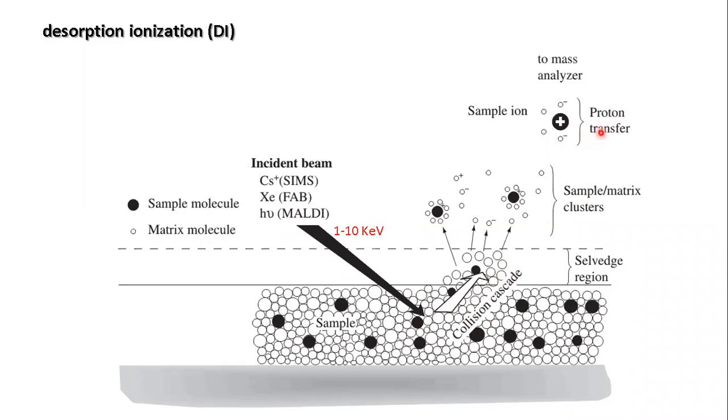Here we see your molecule is surrounded by multiple small matrix molecules, and then the proton transfer happens. Your sample molecule gets one proton from the matrix, and ultimately the sample gets a positive charge because H plus is connected. This sample with H plus will be directed towards the analyzer by the repeller plate and the accelerating plate properly placed in the chamber. So it's a very straightforward presentation.